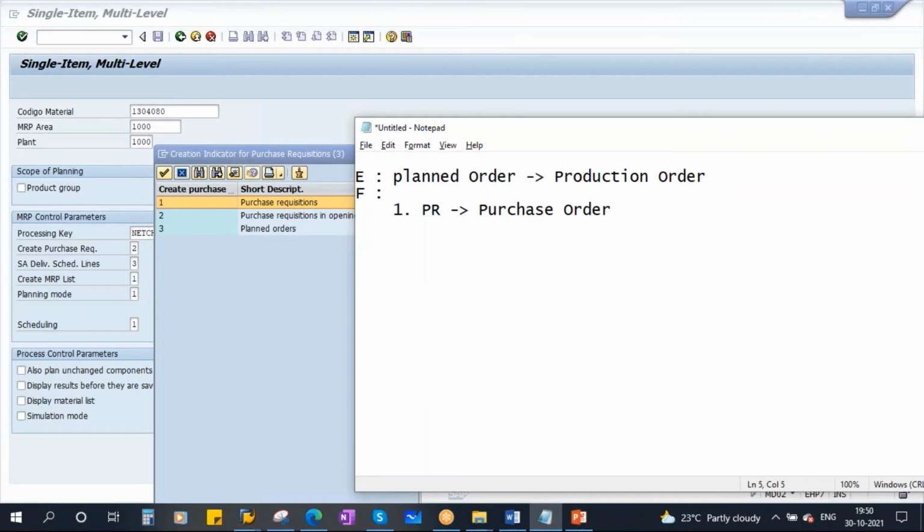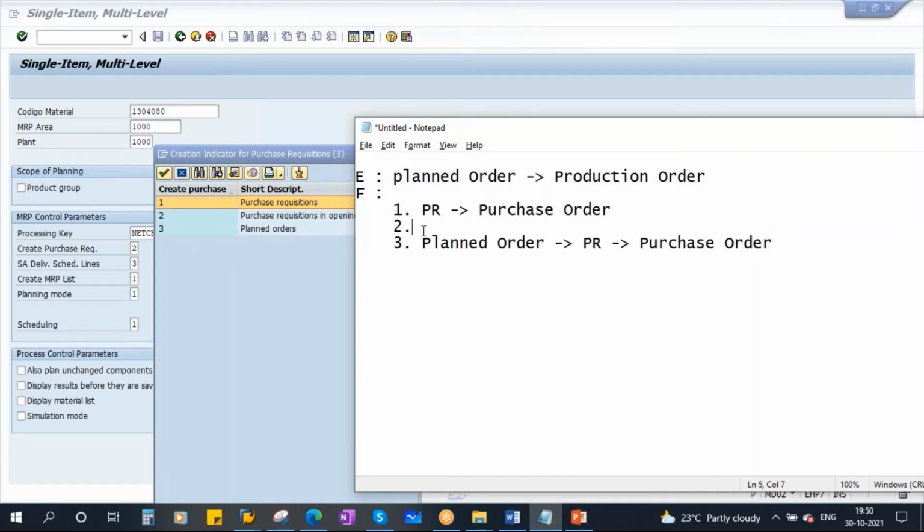Now if you maintain 2, I'll come to this. If you maintain 3, even though procurement type is F, it will still generate a planned order. Then this planned order is converted to a PR, and from there PR to purchase order. Two-step. If you maintain 3, you see planned order.